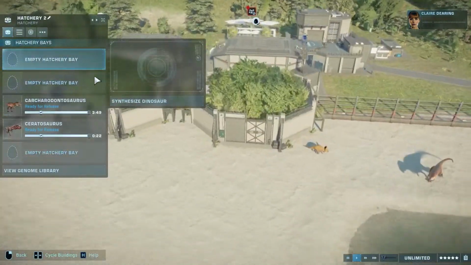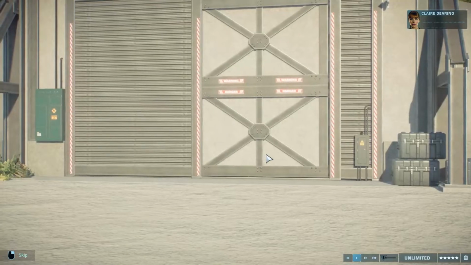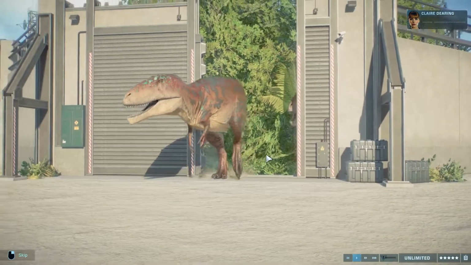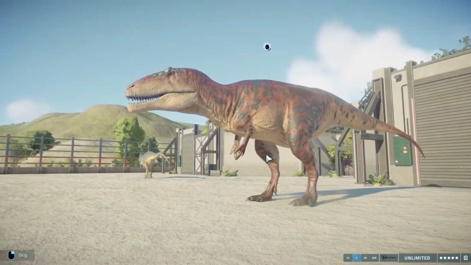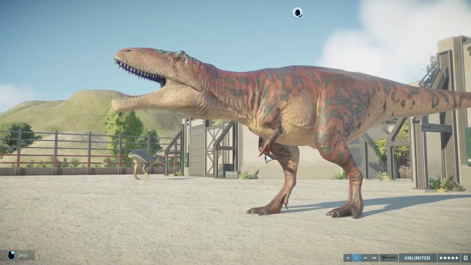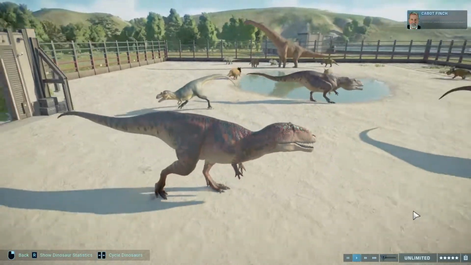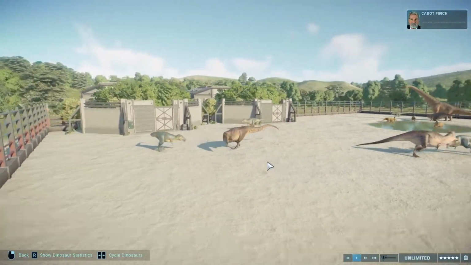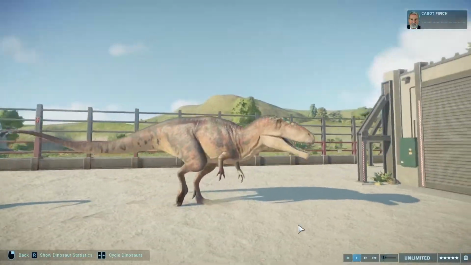Alrighty, next up we have Carcharodontosaurus, and we have two of them. And I think this is probably my favorite large carnivore mod out of the bunch. So this mod gets rid of the goofy spikes that they have, and then... Ooh, we have a fight over here. We're gonna have to wait for now. And then it gives it a...